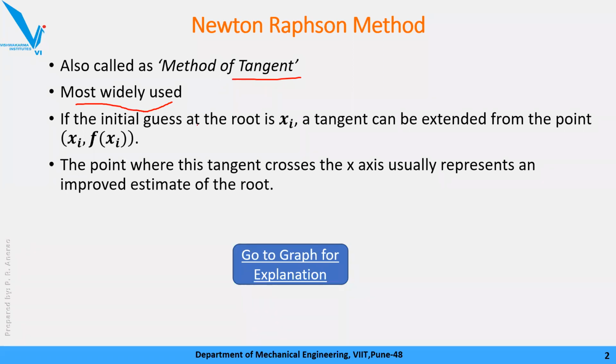So how does this method work? We start with the assumption of an initial guess. Unlike the bisection method, where we had to guess two numbers for the root, x1 and x2, in the Newton-Raphson method there is no need to guess two values. You can start with only one. Now, how can you guess this value? Simple. Use the earlier methodology which I explained in the bisection method.